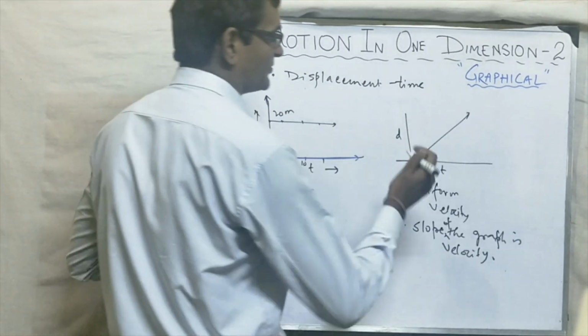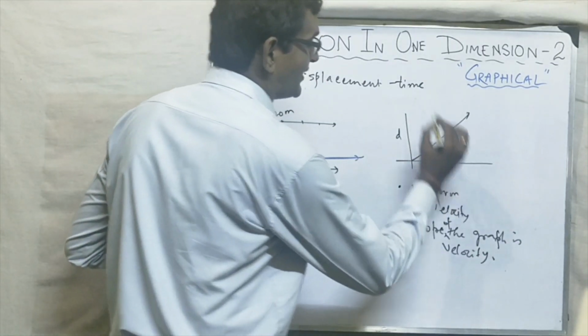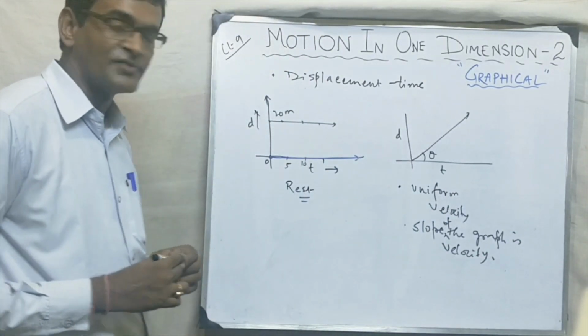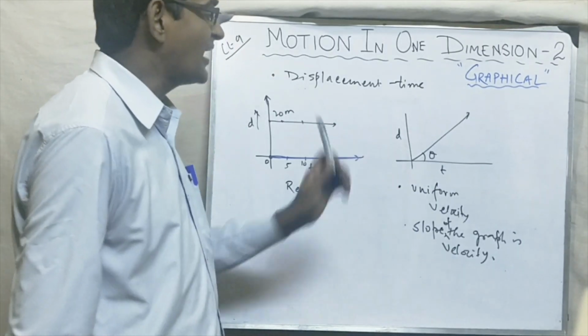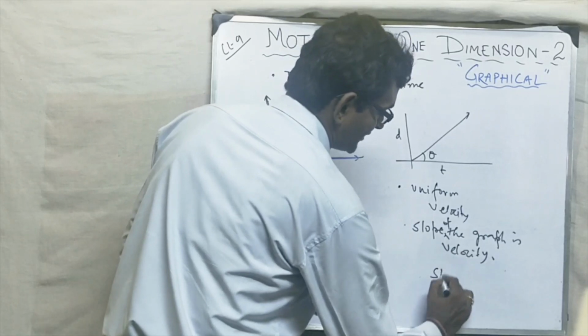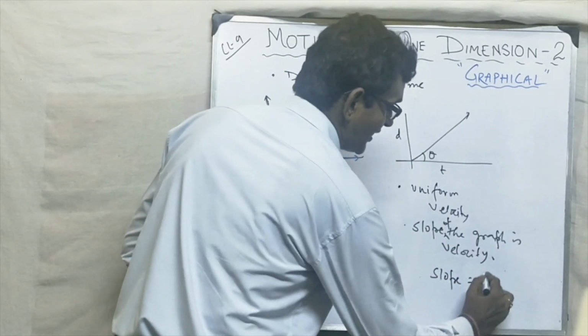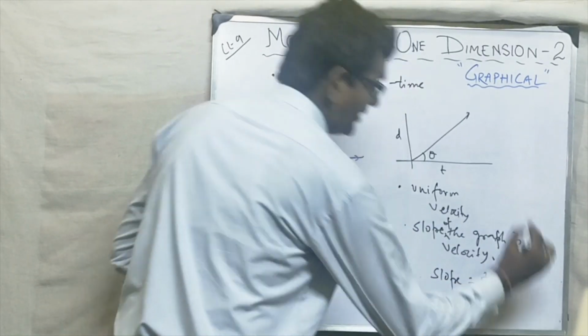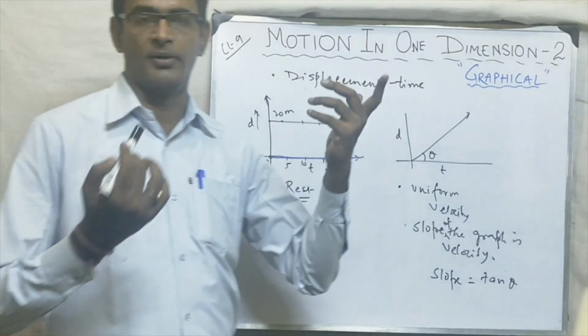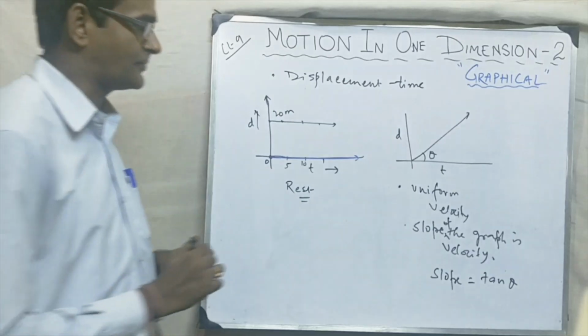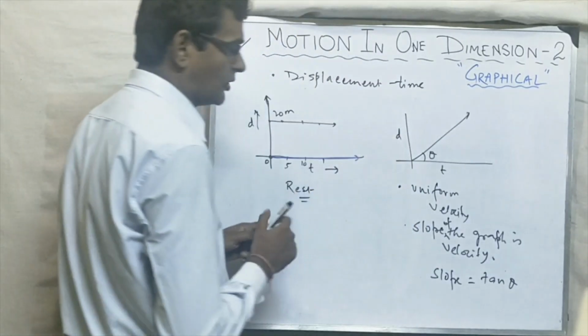See, there are two concepts. Suppose this angle is theta. Okay, students? If this angle is theta, then what will be the slope? By the help of trigonometry, we find it is tan theta. Now you will say, sir, we haven't done trigonometry. Okay? Very good, that is accepted. Now what to do? How to find it?